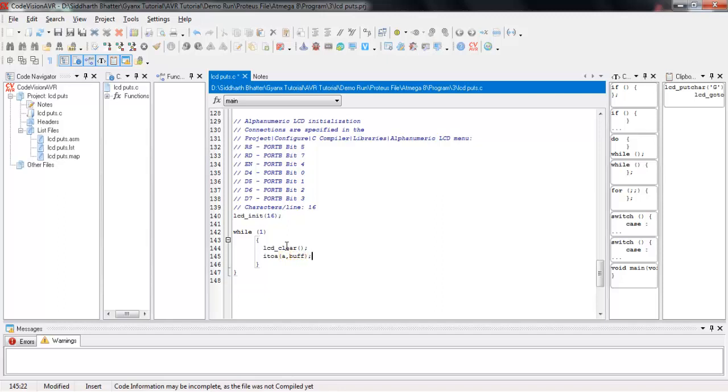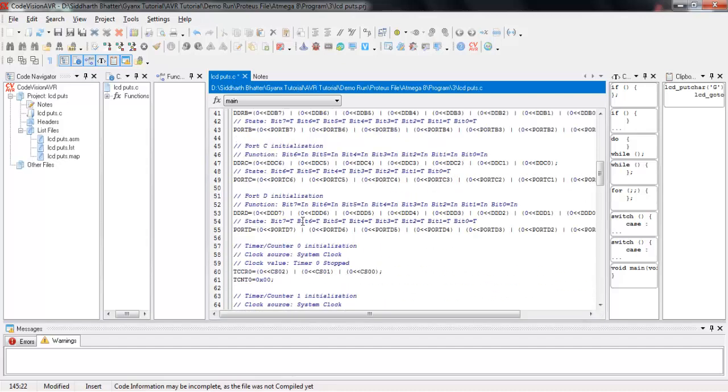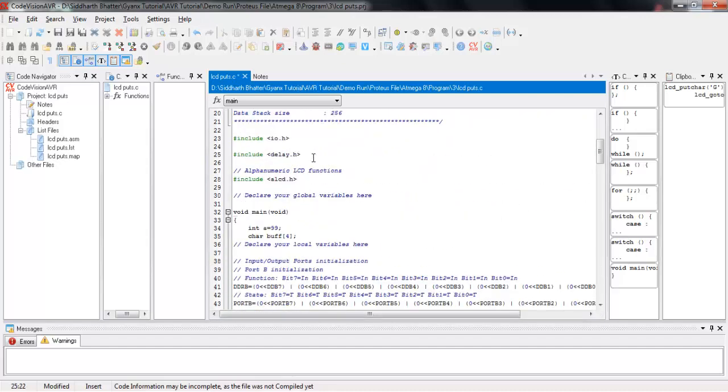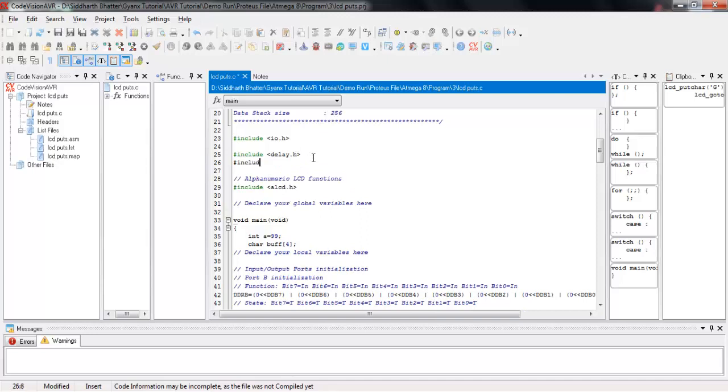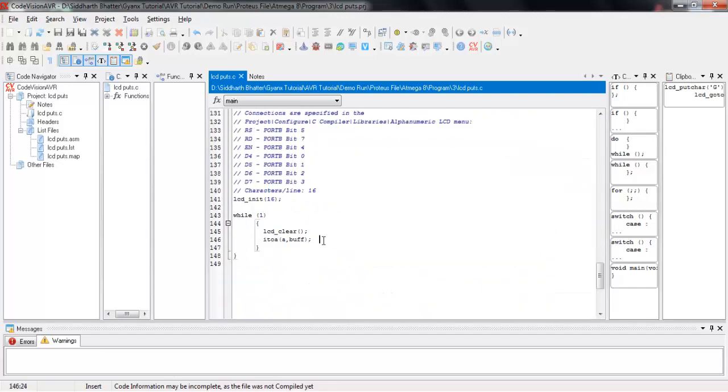We have to include one more library for that, which is #include stdlib.h. It's a standard library in which the ITOA function is predefined. So now define the position and LCD_puts, which is buff.